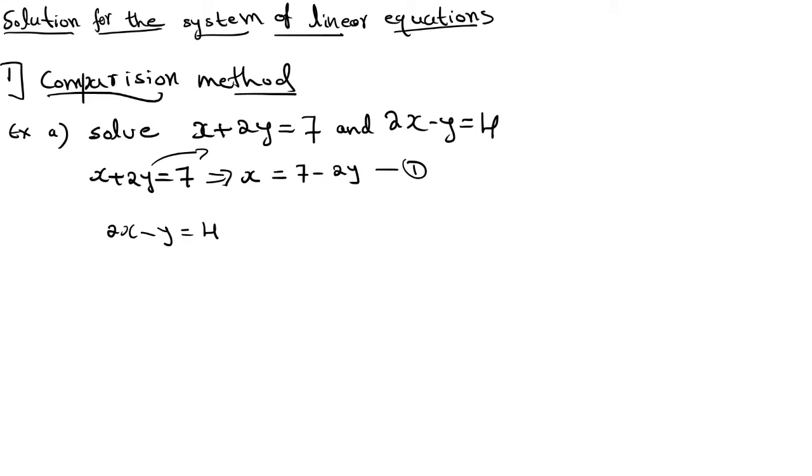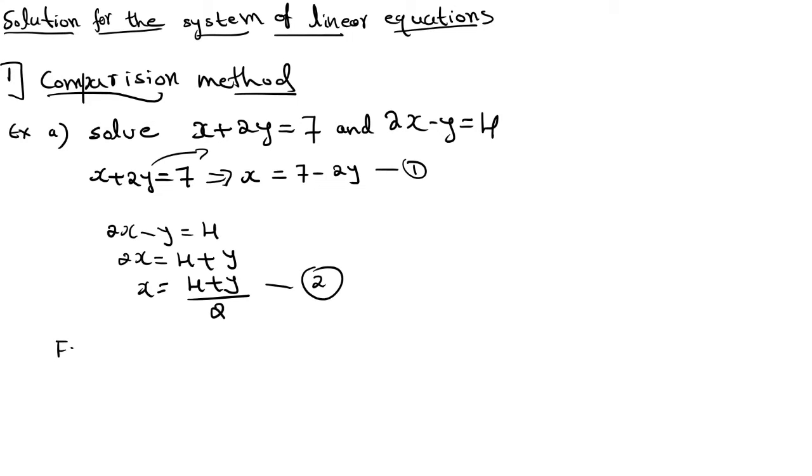Okay, since here you expressed the equation in terms of x, here also you need to express this equation in terms of x only. First step, see, 2x equal to, taking y to RHS, that will become 4 plus y. X equal to, take 2 to RHS, that will become 4 plus y whole term divided by 2. Take it as equation 2.